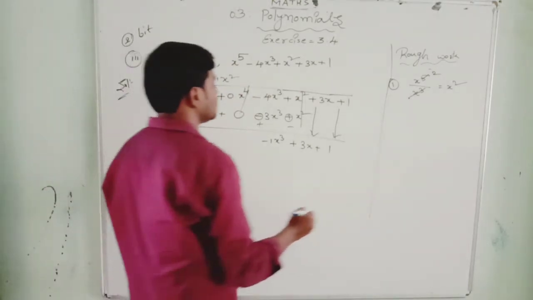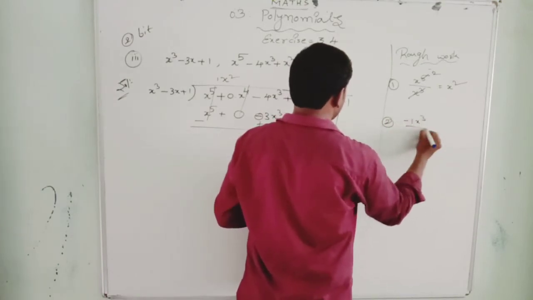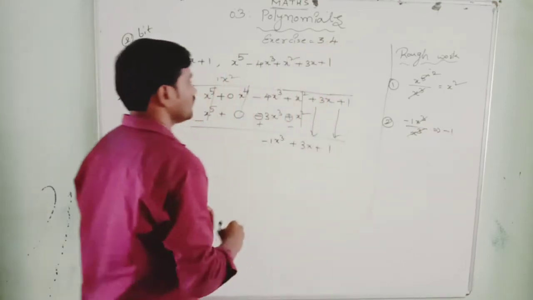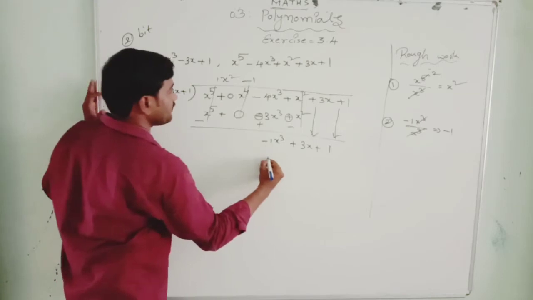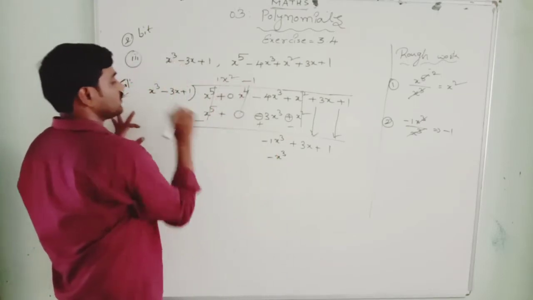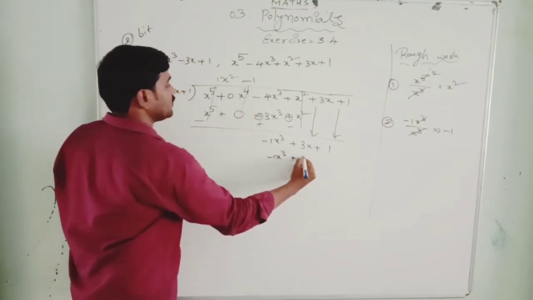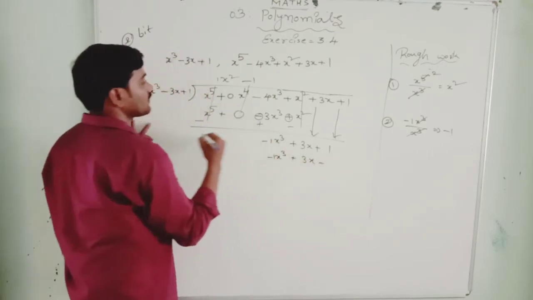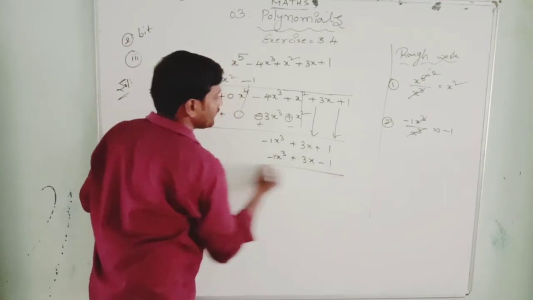Okay, now let us do it here. The second one, minus 1x cube by x cube. x cube gets cancelled, minus 1 is the answer. Okay, minus 1 you put. Minus 1 you multiply with this, you get the same. Minus 1 x cube. Okay, minus 1 into x cube, minus 1 x cube. Minus into minus plus. 3 into x is 3x. Minus into plus is minus. Okay, minus into plus is minus. 1 into 1 is 1.